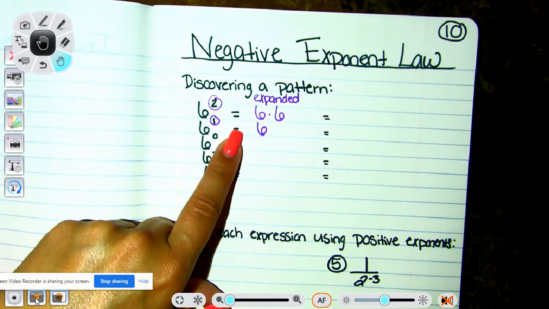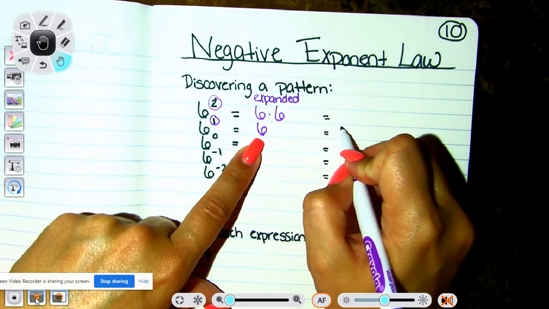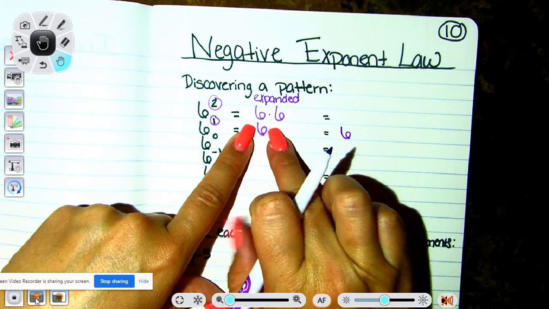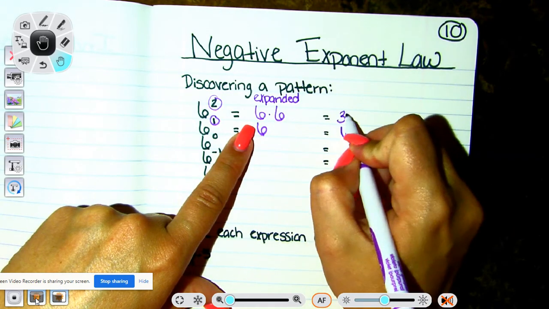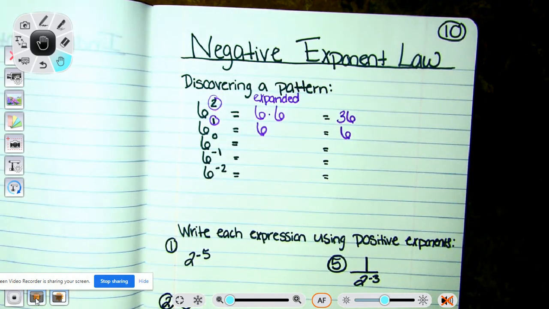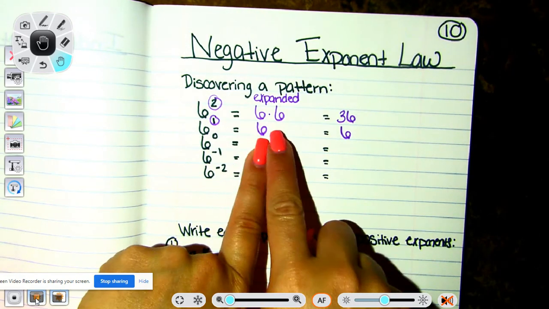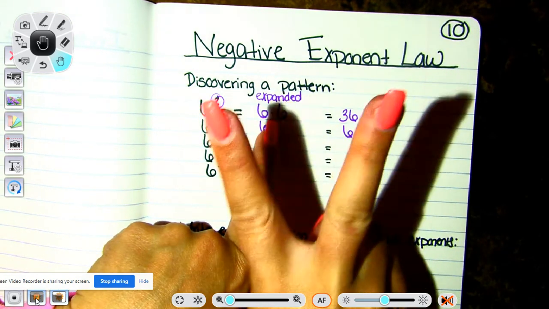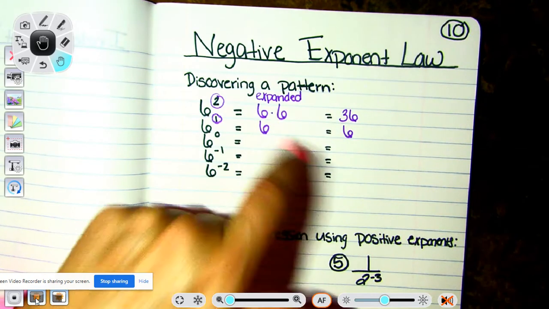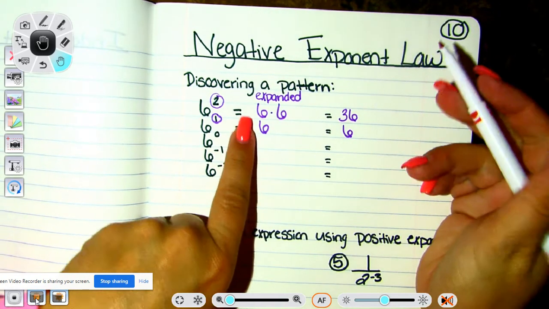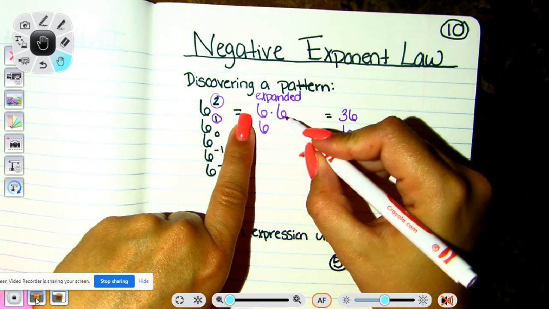Okay, now I need the value. Well, 6 is equal to 6, but 6 times 6 is equal to 36. So again, as I increase my exponents, I multiplied by an additional 6. So here, 6 to the first power, if I do 6 to the second power, I multiply by another 6, making that 2. Okay, so once I realized that as I increase exponents, I multiplied by 6, let's figure out when